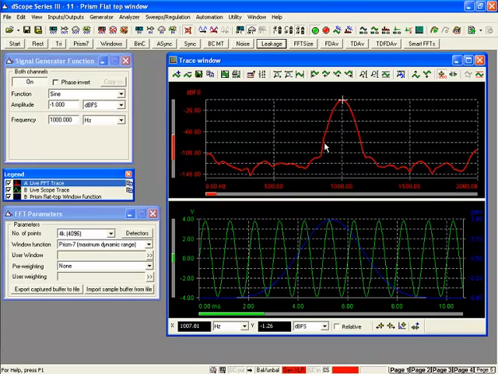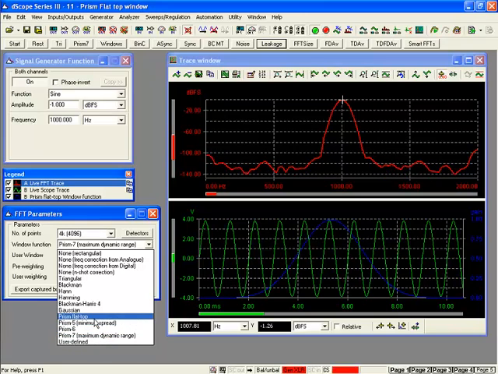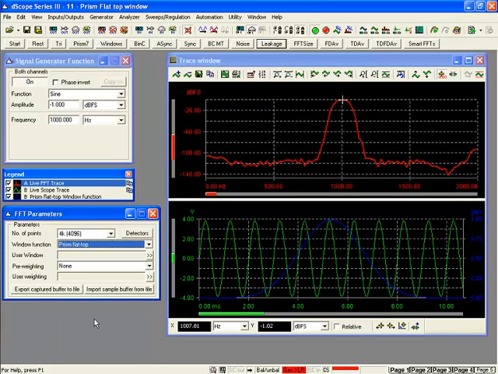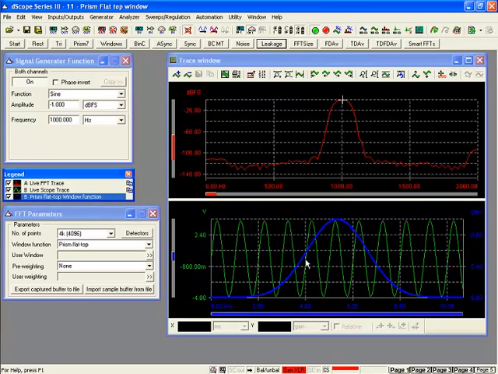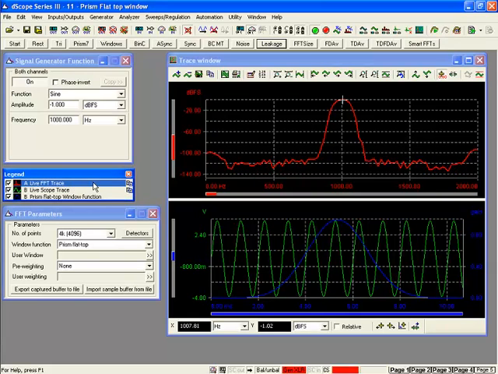the integration. There is also another trick that we can employ, and that is to use what we call the Prism Flat Top window function. This is a special window function that looks like this blue trace here on the lower half of the trace window, and that has been specifically designed to minimize the picket fence effect, as we call this particular effect,